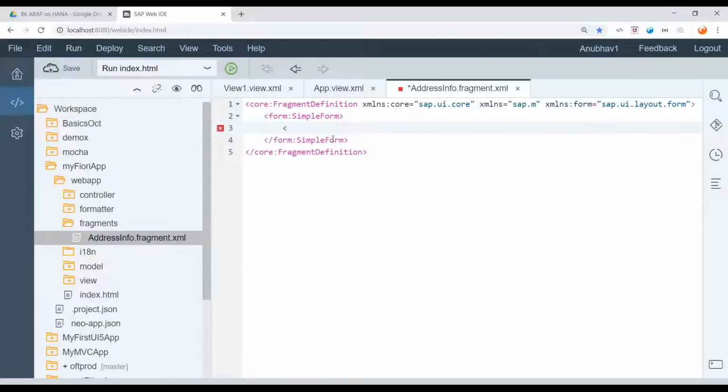And then I'm going to add a title. You can actually add a title at the form level itself. Here you can add it, but I don't want to do that at this point. I would rather simply create a label and I can say street,